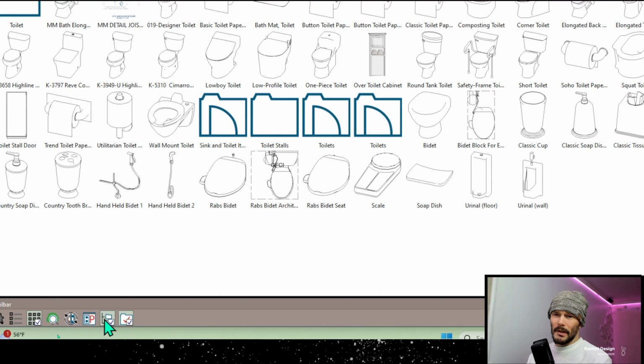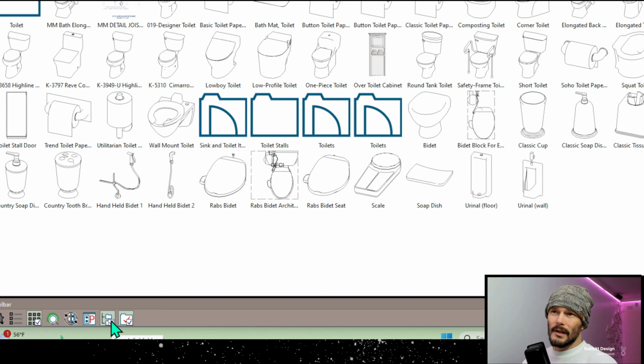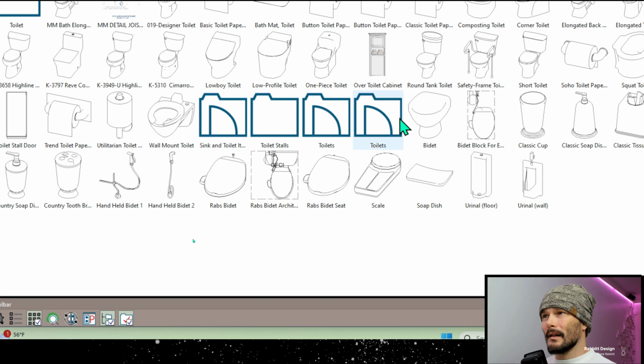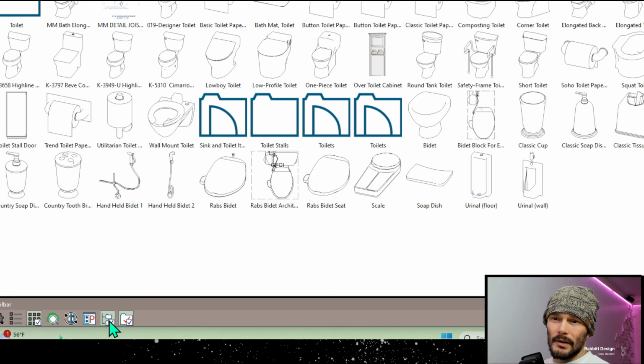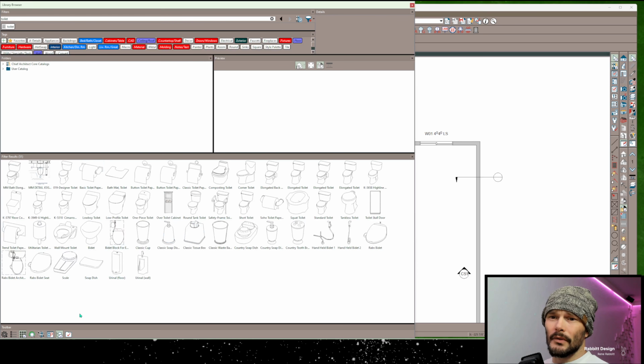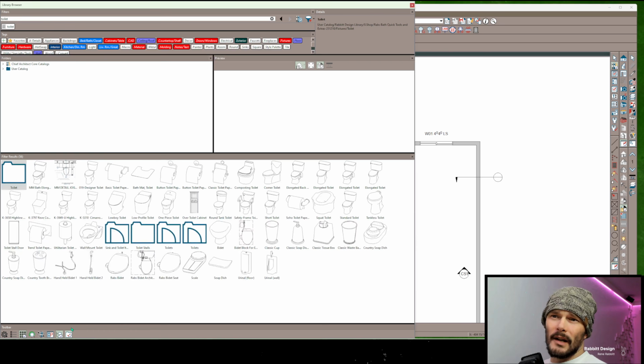So at the bottom of my screen here, I've got search subfolders checked, as well as include folders in text search. Actually, include folders in text search is what's getting us these items in this particular search. So if we uncheck that, we're going to see that those folders disappear. Let me recheck that and just show you a